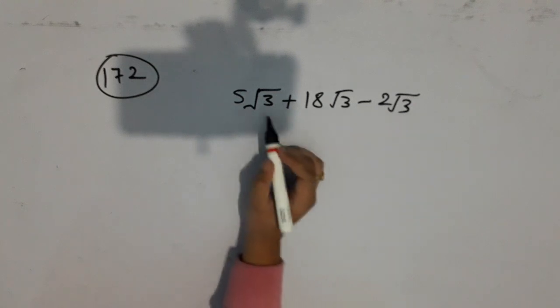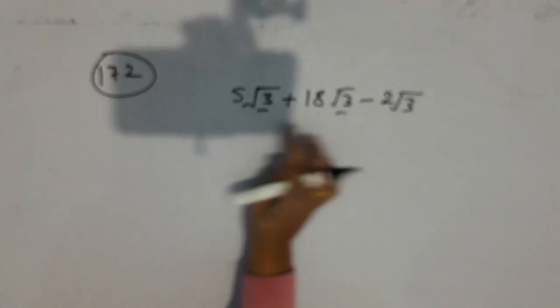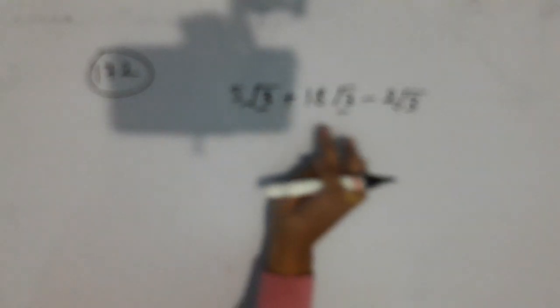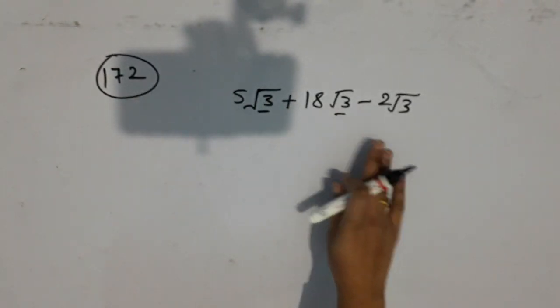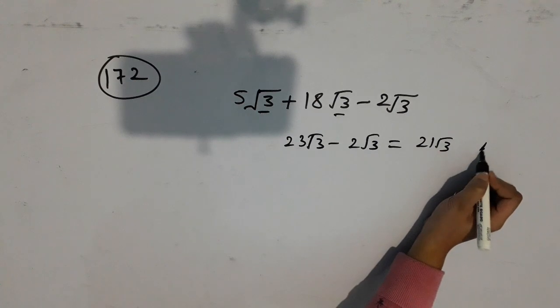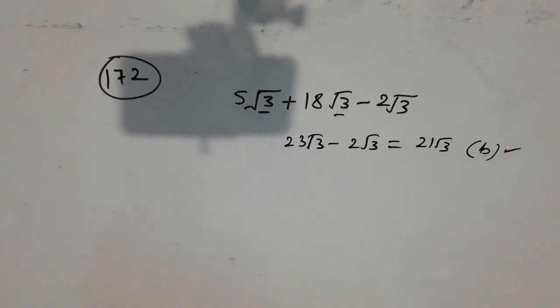Simply you have to just sum, because if all the values in the root 3s are the same, you can easily add and subtract these values. Means 23 root 3 minus 2 root 3, that is equal to 21 root 3, and that is the option number B. Now let's come on to the